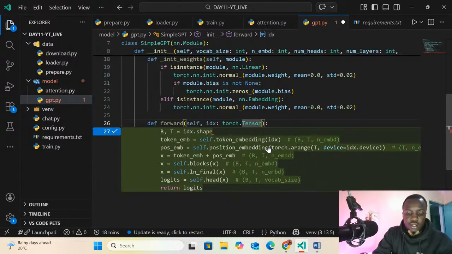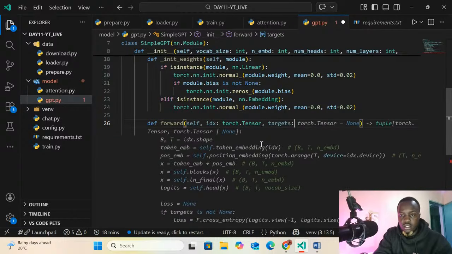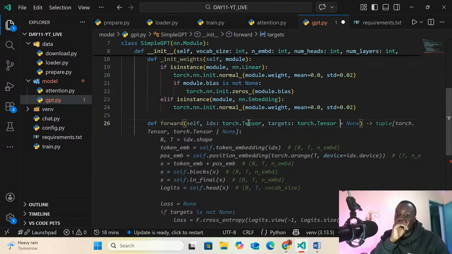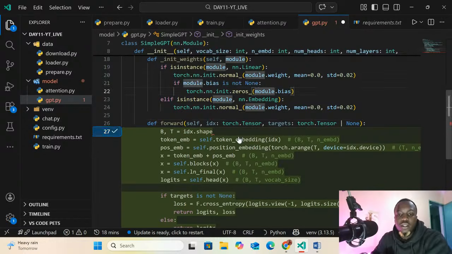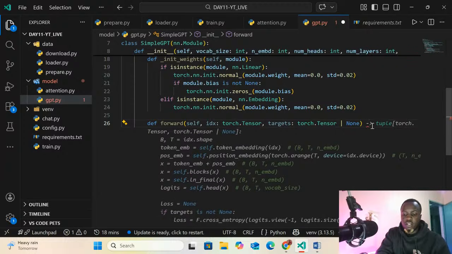Yeah, we can pass something here, targets, torch.tensor, in which we can use equal to None. Over here we can pass this symbol.